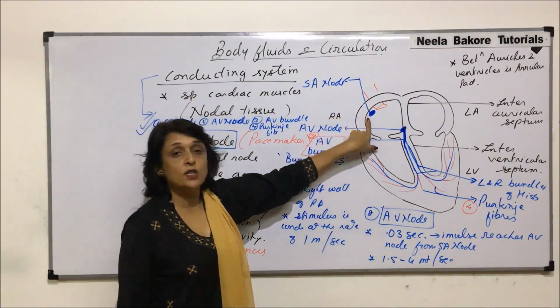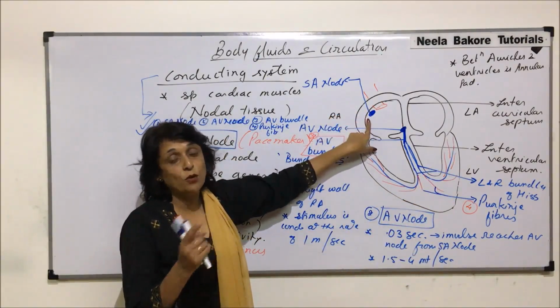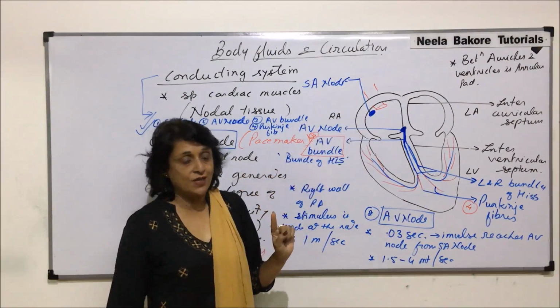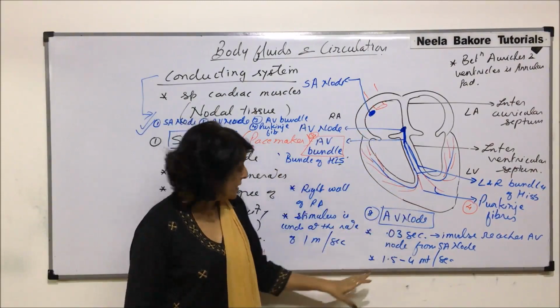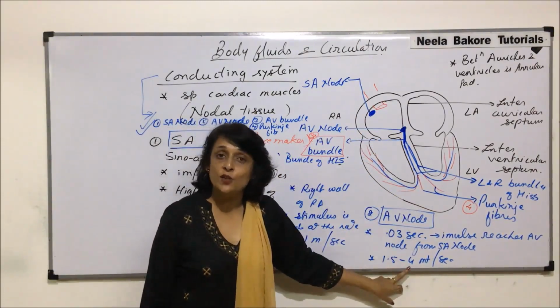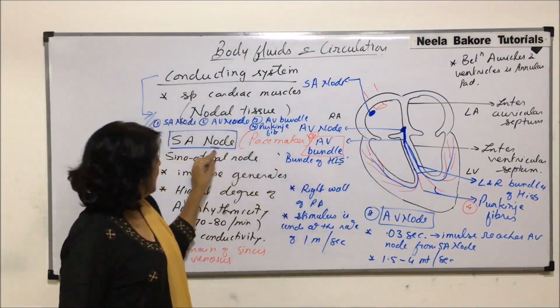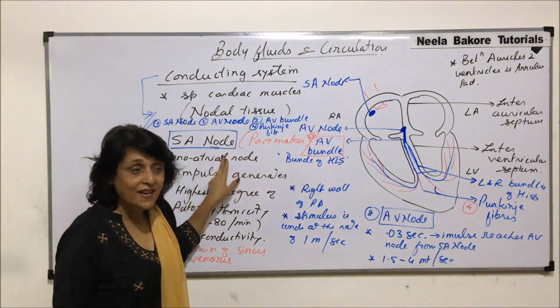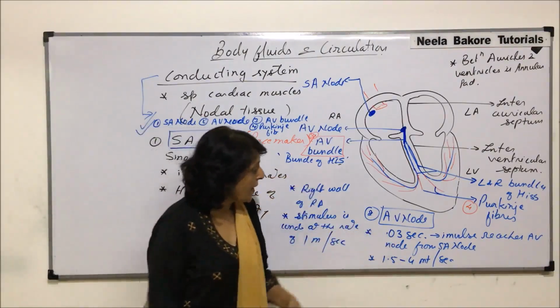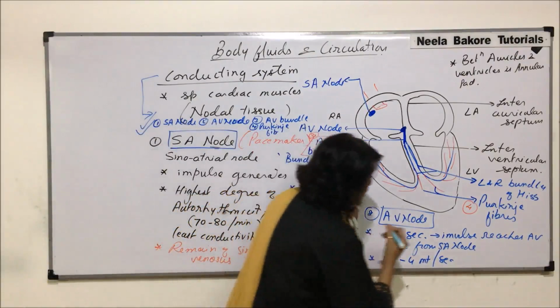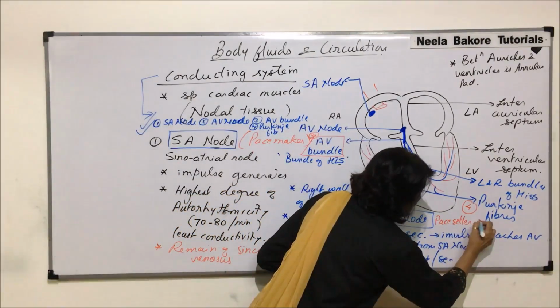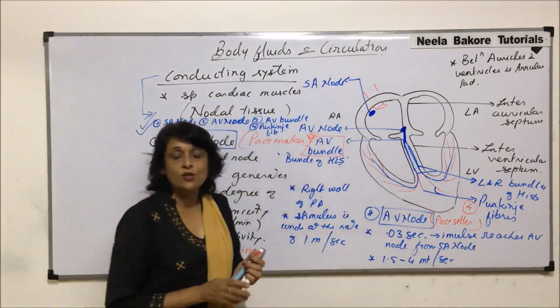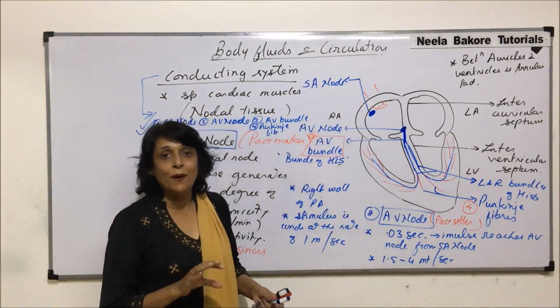The speed with which the impulse travels from SA node to AV node is 1 meter per second. And from here to the ventricle, it is 1.5 to 4 meters per second. SA node is pacemaker, AV node is pace setter. So AV node is known as the pace setter because this is the one which is actually sending the impulse